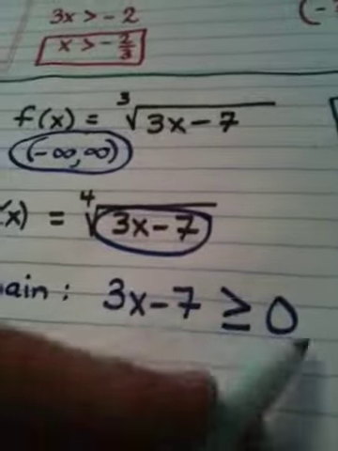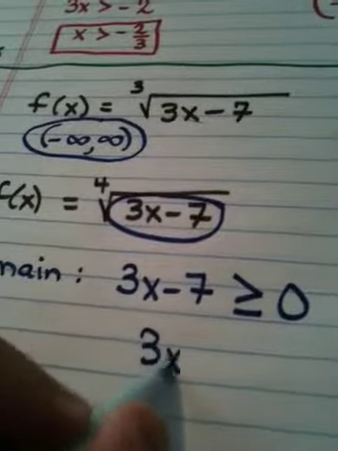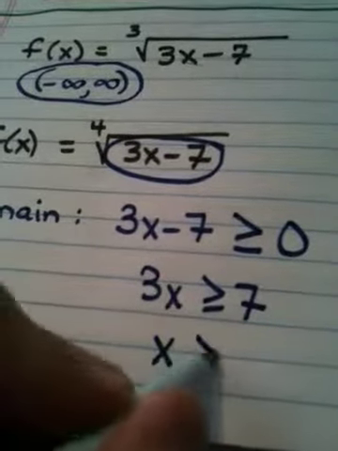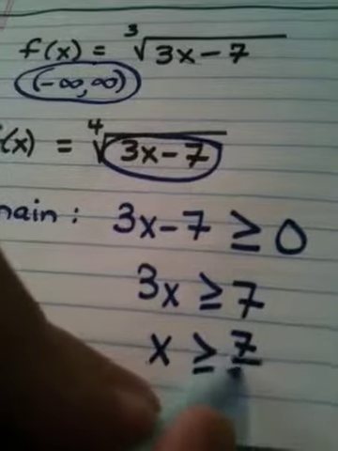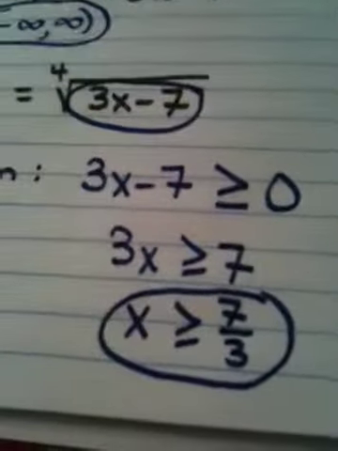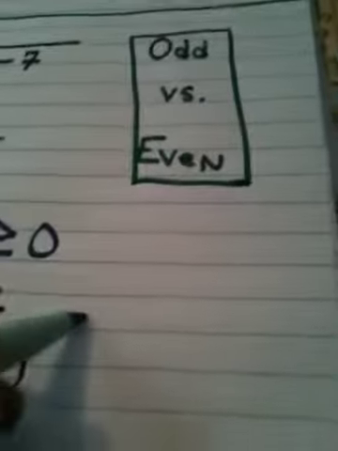When you solve this, you add 7 to both sides. 3x is greater than or equal to 7. Divide by 3. No sign changing because we're dividing by a positive. x is greater than or equal to 7/3 is my answer. If I drew that on a number line,